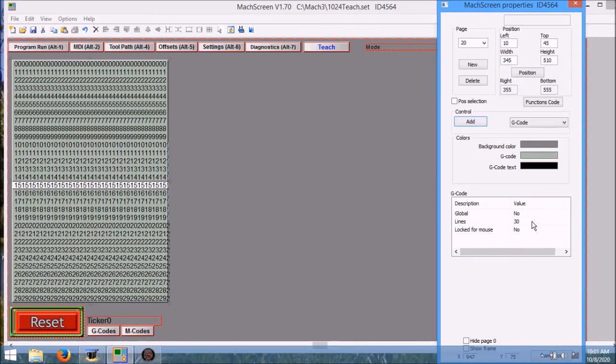Okay, now obviously I've made this screen before, and I made myself a cheat sheet, if you will, that shows what I'm going to be adding, where I'm going to be putting it, and all that stuff. And I will include a link below that will allow you access to see what I've done as far as my cheat sheet, so that you can either utilize it or create one of your own or whatever. Anyways, so moving right along,